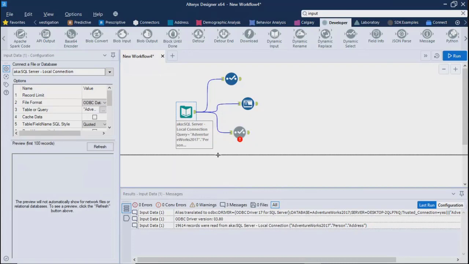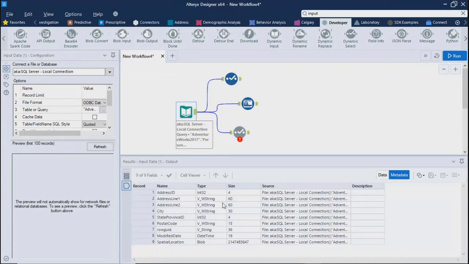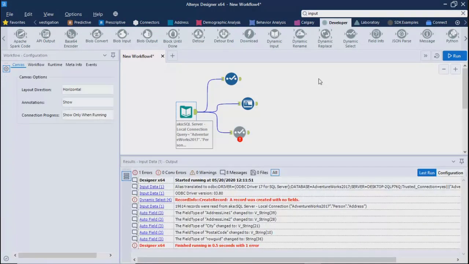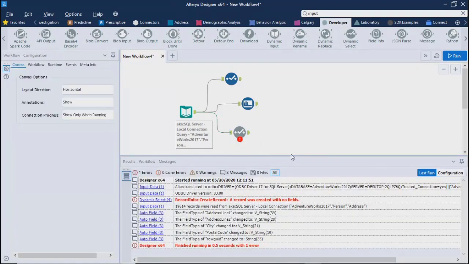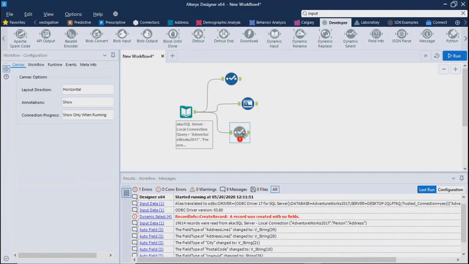A spatial object means geographical location, geographical data. So Alteryx has not identified any field in our data which is a spatial object, and that's why this tool has failed. If it identifies a field related to maps, then it will show you that data.